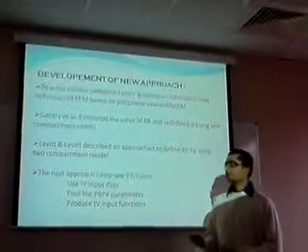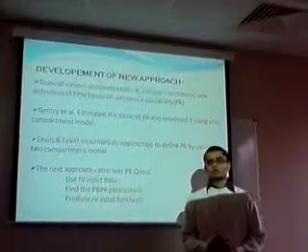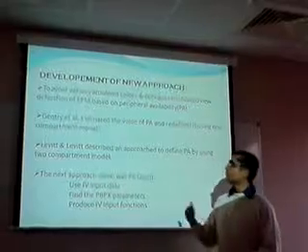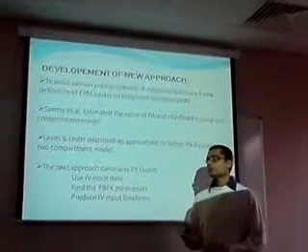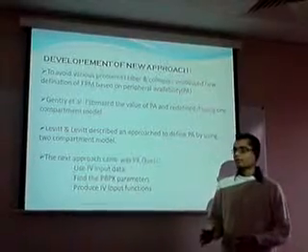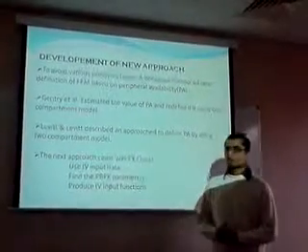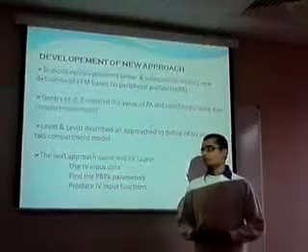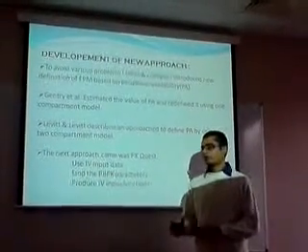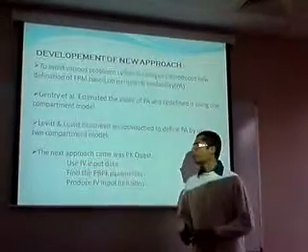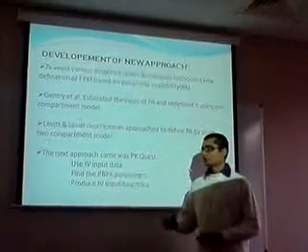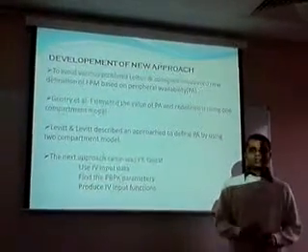To avoid all these problems, scientists came up with many approaches. The first one is peripheral availability, that is the amount of drug that is available in the systemic circulation. The second is the one compartment model, in which scientists assume the whole human body as one compartment. The third is the two compartment model, where the central compartment is blood and the whole other part of the body is considered as the second compartment. But all these approaches were not that satisfactory. The next approach that came was PK Quest.